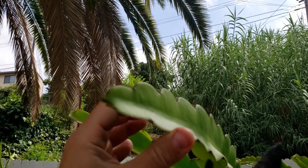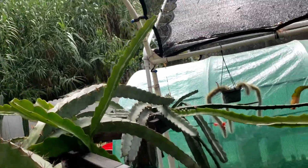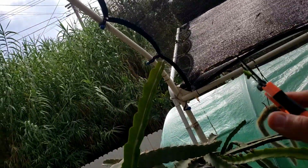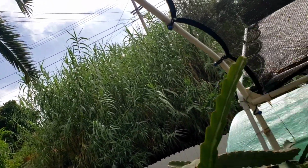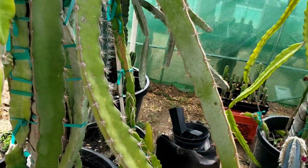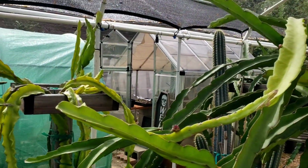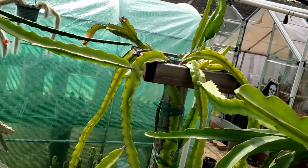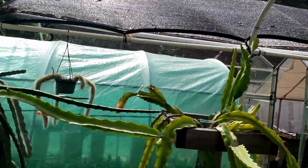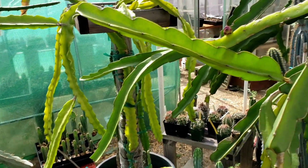See this right here, this tip's gotta go. There's one over here. Here, I'm just gonna reach out and tip it like that. Yeah, but it's as simple as that. So this really helps with developing buds. I did actually tip my Connie Mayer, and I have a lot of buds coming out on that plant. But